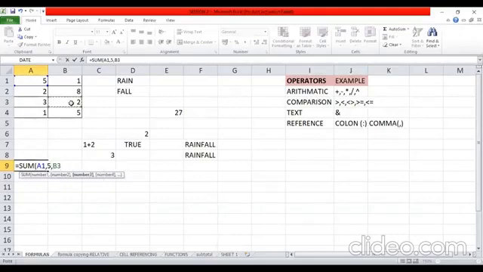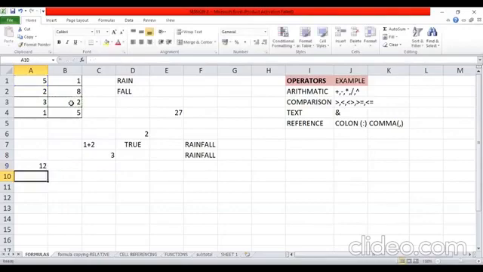So I want to add A1, B3, and I want to add 5 also. So I will separate each of these with a comma. Comma is used to give the next expression, the next argument in any function. So close the bracket and press enter. It is showing me the result of the calculation.